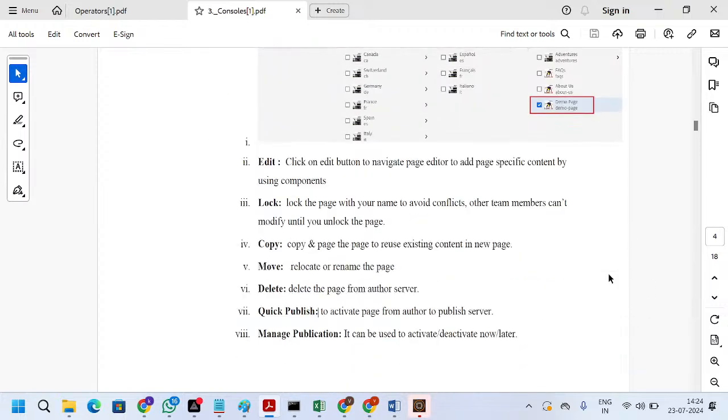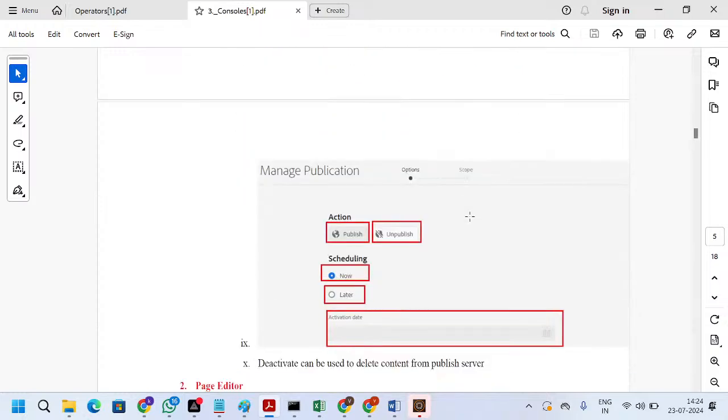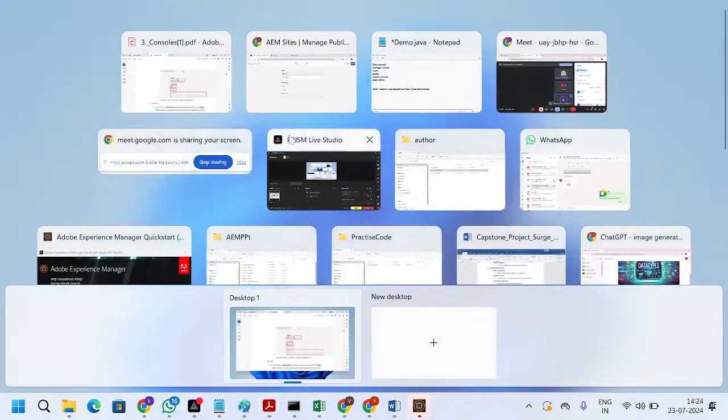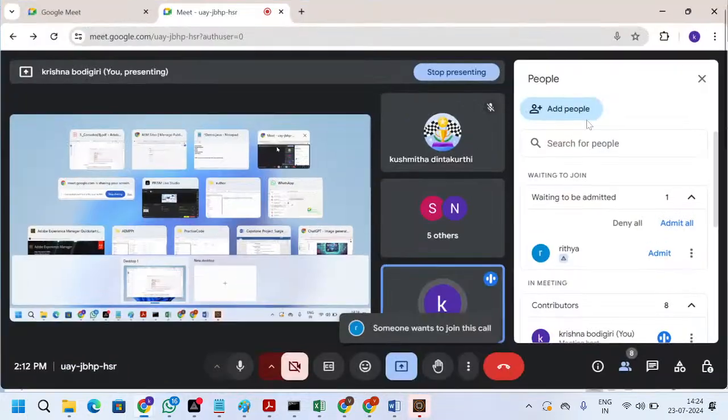Okay. Next thing is we can manage the publications also. If you want to publish right now, we can mention now. If you want to publish later, you can mention later. Okay. Next console is